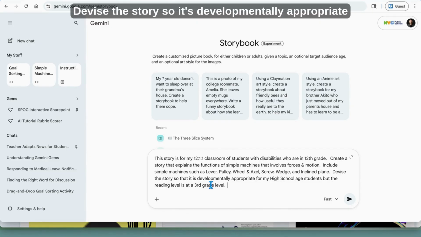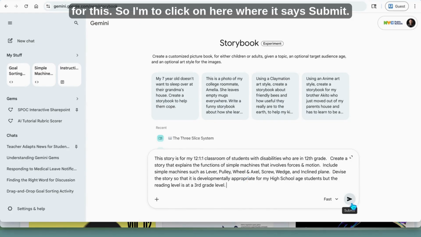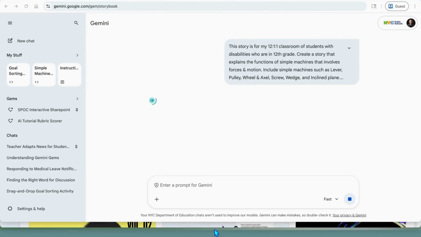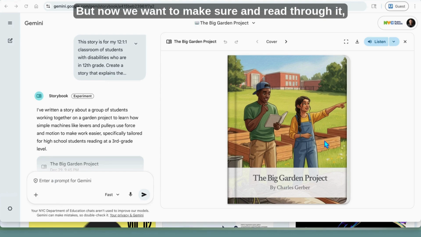Devise the story so it's developmentally appropriate for my high school age students, but the reading level is at a 3rd grade level. Provide that context to make sure that it's not leaving anything up to guessing, and the AI understands who the audience is for this. So I'm going to click on here where it says submit. All right, after about 2 minutes, it was able to produce this book,